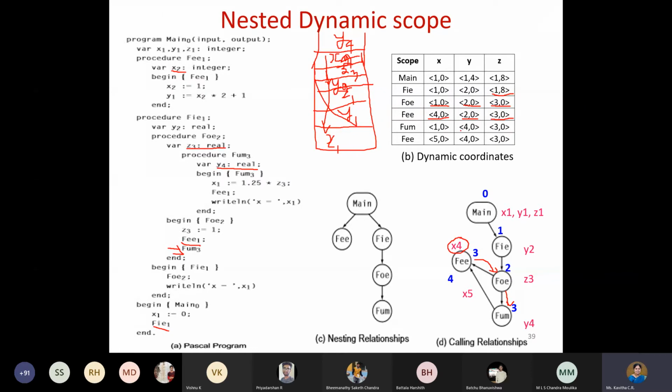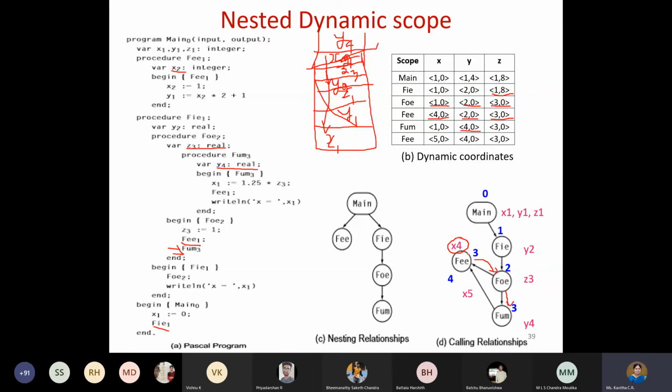Therefore, what we have is 4, 0. And now what about this X? Remember that this X4 has been popped. That's very important. This X4 has been popped, and before pushing Y4 it would have been popped, because once it returns, returning is nothing but taking out the content related to that particular function which has been created.